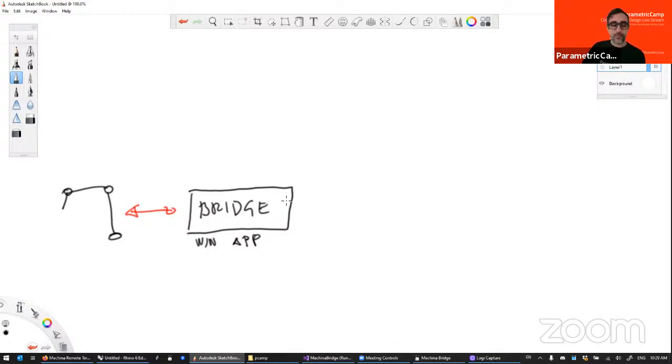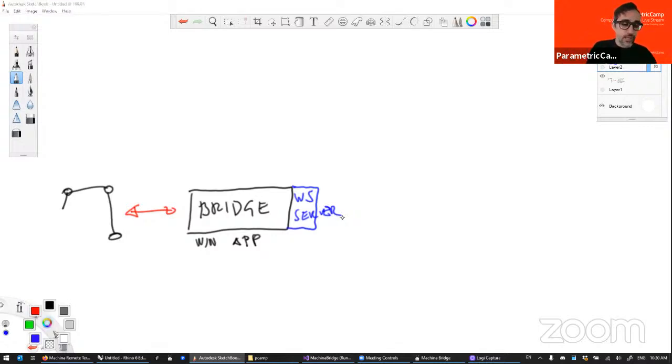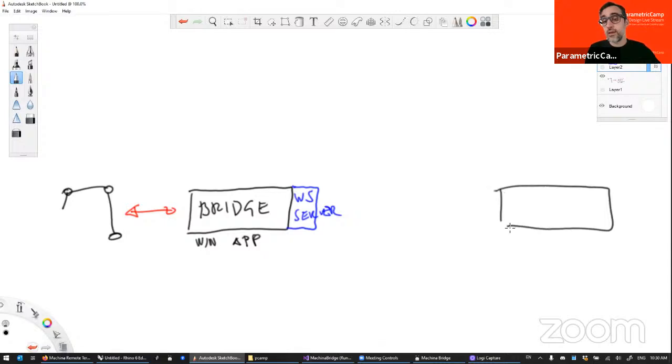So one of the interesting things about the bridge is that in the back end it allows other applications to talk to the bridge, just like I have done by typing commands in the console. It allows other applications in your system to send those commands directly to the bridge. So the bridge has this thing in the back end called a WebSocket server. And that WebSocket server allows other applications to connect to it and to send instructions. So for example, if I have a Grasshopper application,